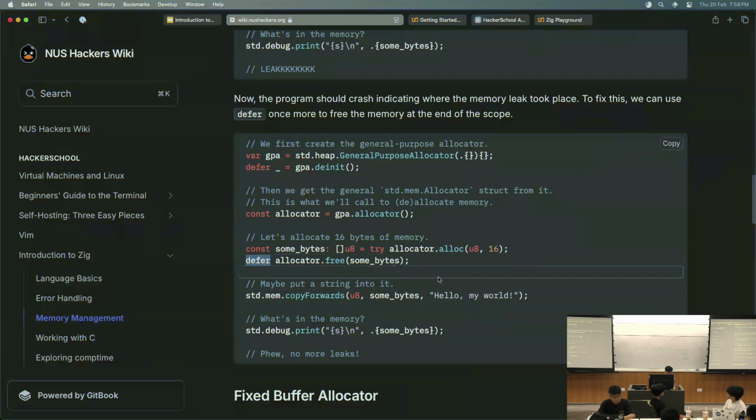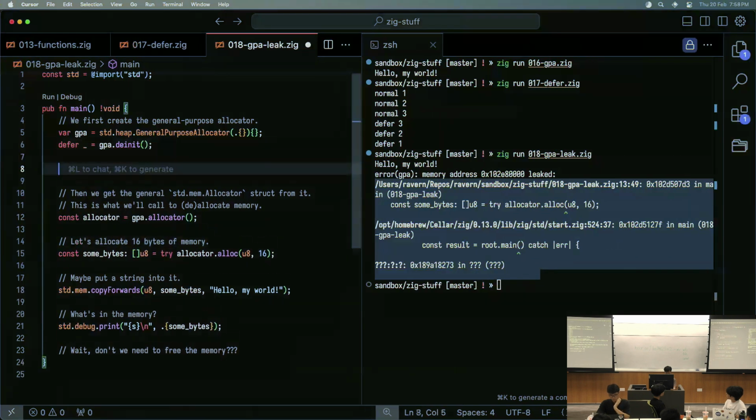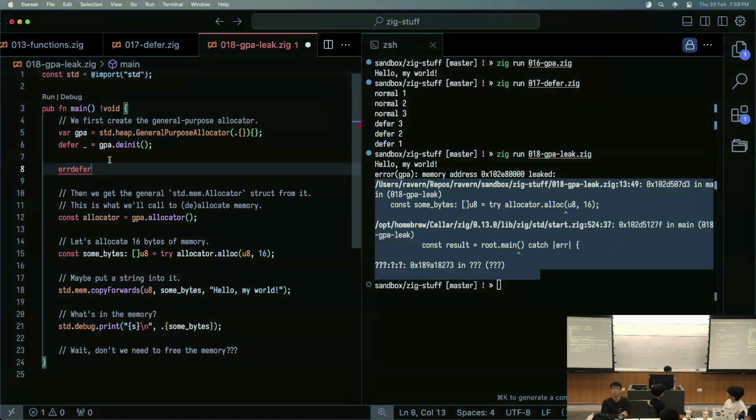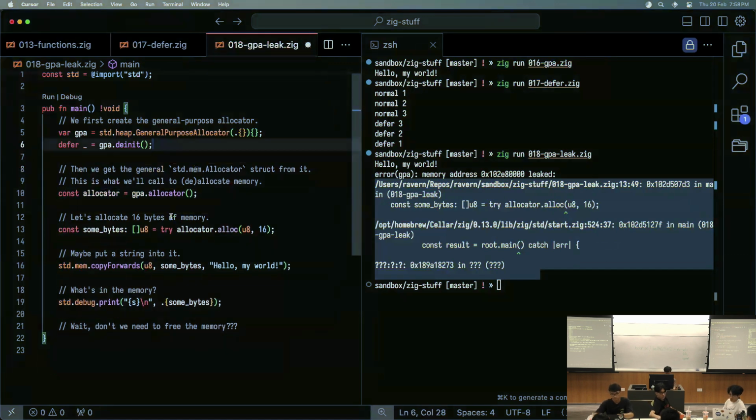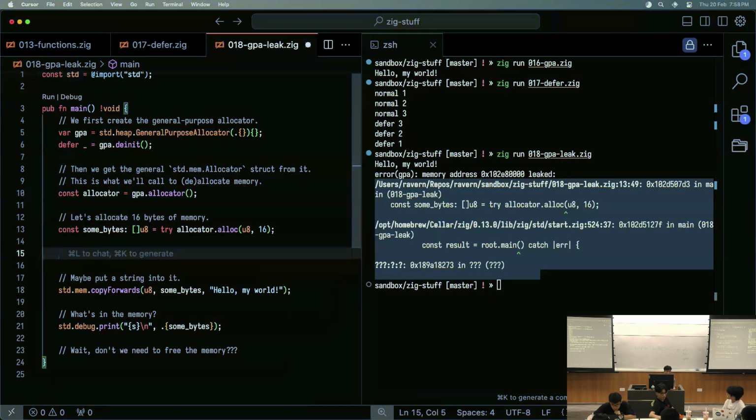As an exercise to the reader, there's also this thing called errdefer. You can figure out what it does. So alloc and free often come in pairs. And notice that during alloc we actually get a slice. If you just want to allocate a single value, so let's say you have a big struct, you can just